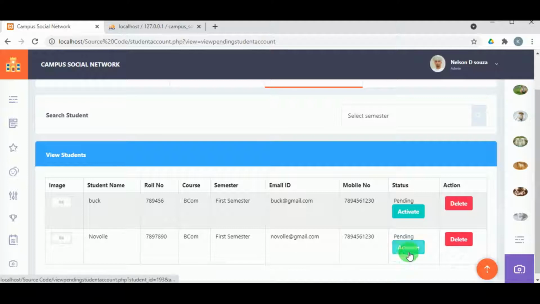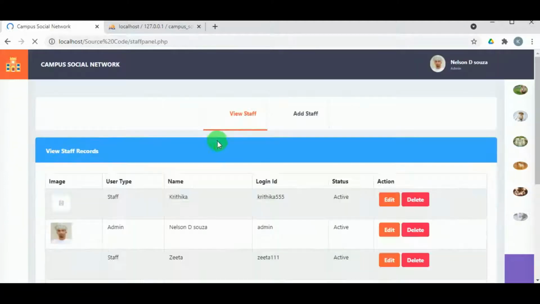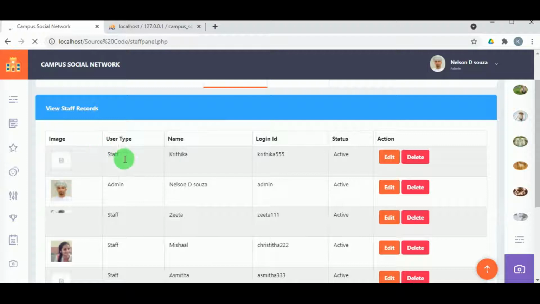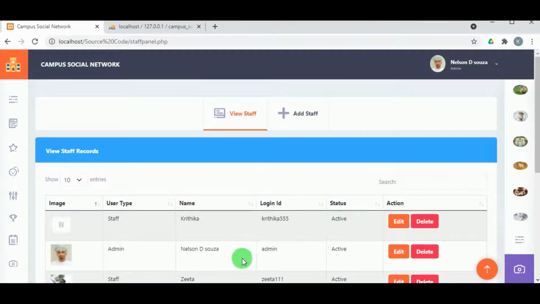So the admin will correctly verify their roll number, name and all the course details, and only then the account will be activated.